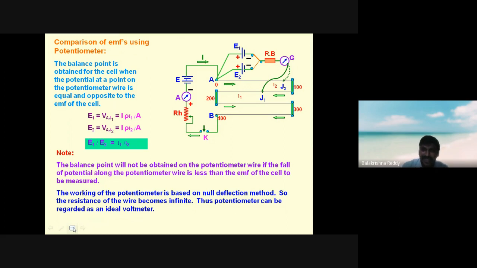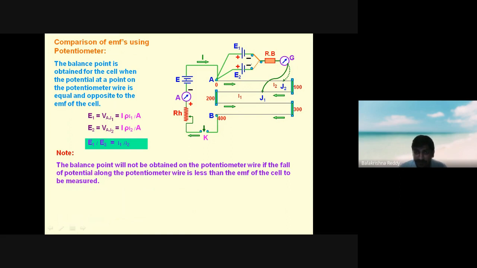It gives the reading very accurately for us. Potentiometer uses that basically. After all, a direct multimeter device is there, so why are we using the potentiometer? Because of this reason only. Now, whatever you have seen, this is the external part of the circuit. This is for comparison of EMF of the cells.